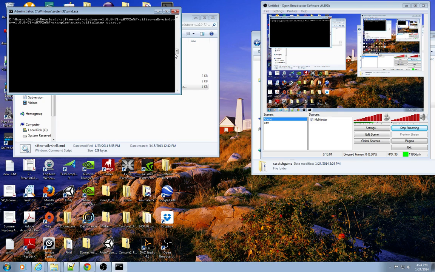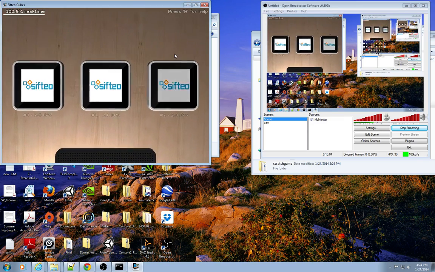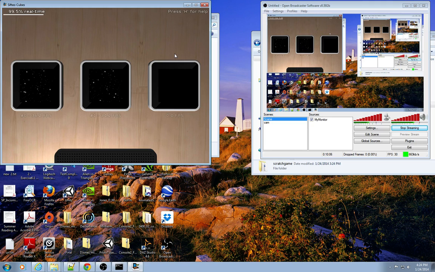So I'm looking for the stars.elf file to run through the simulator. You can see it uses a 3D graphics